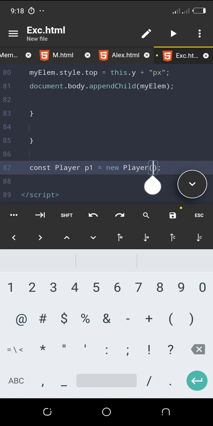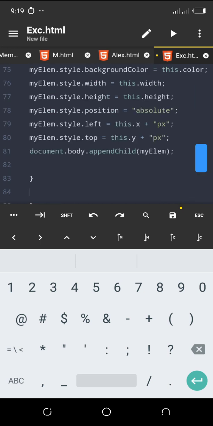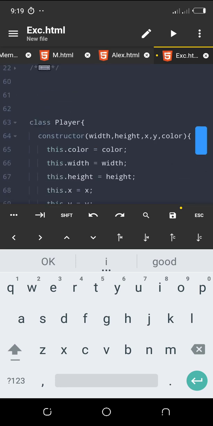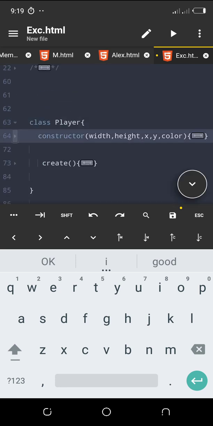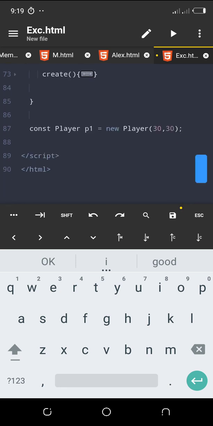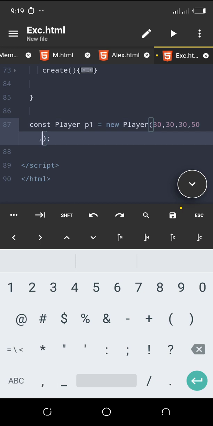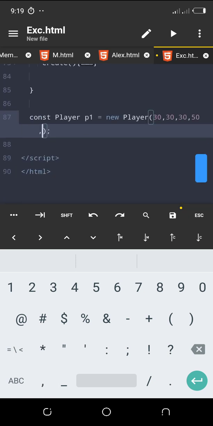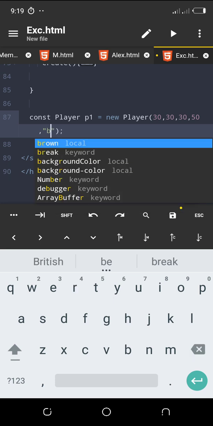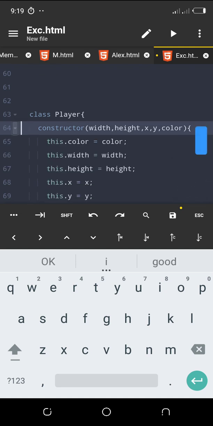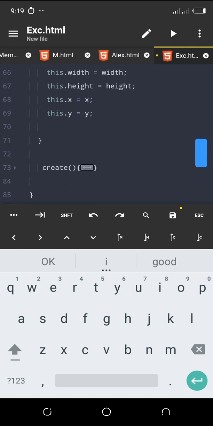So we get 30 for width, 30 for height, then 30 for the left, 50 for the top, and color, which is blue, and this is it. Let me go through this. This is color, or this, and so